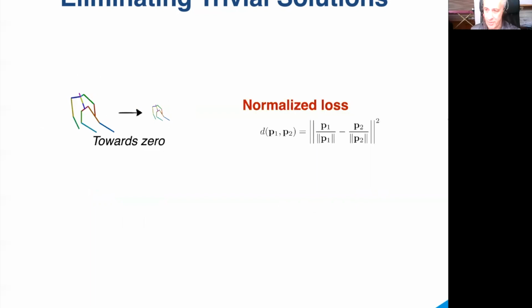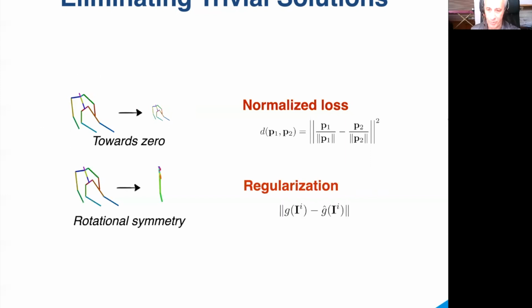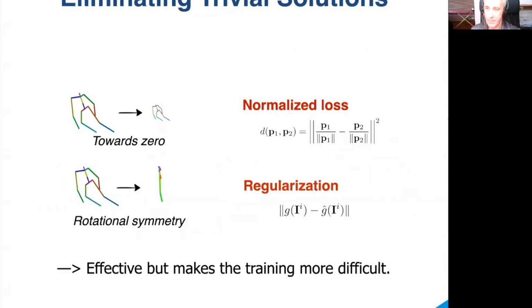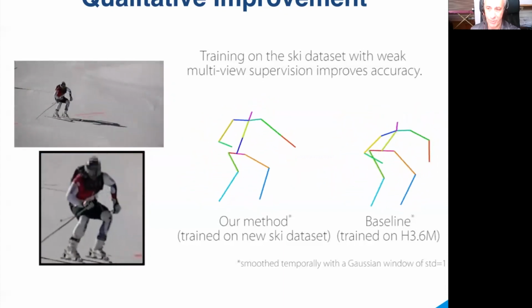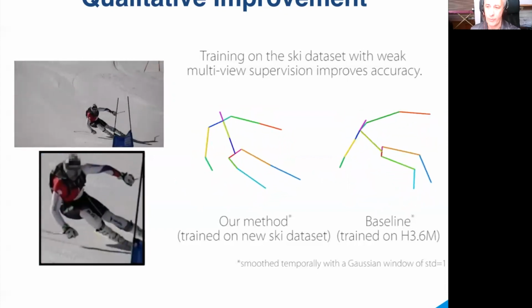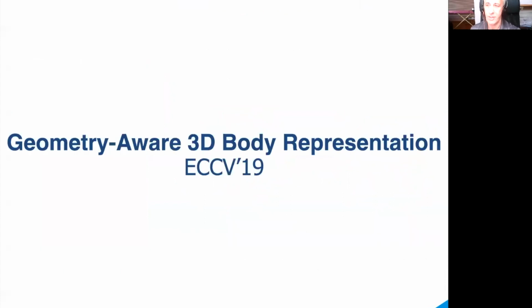Unfortunately, this turned out not to be as straightforward as we had hoped, because poses can be consistent and wrong at the same time. We therefore had to add a number of additional losses to penalize such consistently wrong solutions. With these additions, we eventually obtained much more convincing results, such as the one shown here, but at the cost of a far more complex approach to training the network. To move beyond that, we started investigating a different tack. Could we devise a geometry-aware representation that would make the training easier?